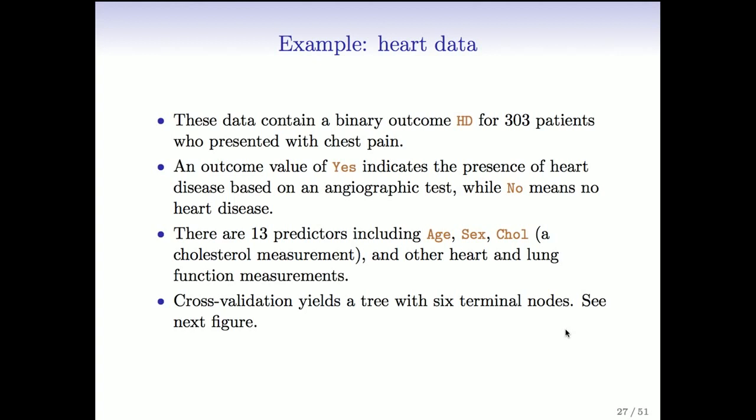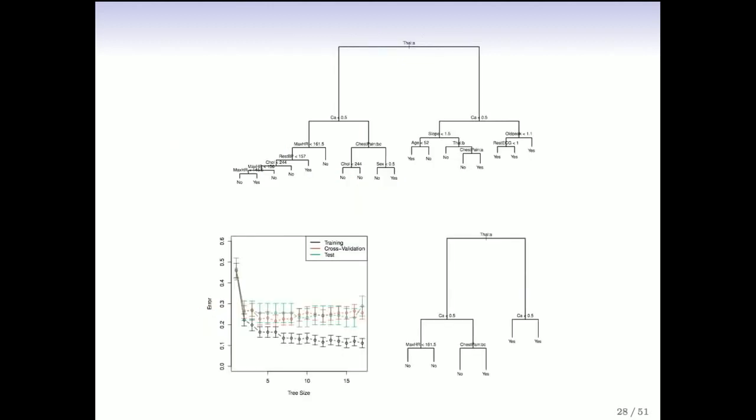So let's look at an example. We'll look at the heart data. These data have a binary response called HD. There's 303 patients, and they all presented with chest pain. So the outcome has a value yes, which indicates the presence of heart disease based on an angiographic test, while no means no heart disease. For these data, there are 13 predictors, amongst them age, sex, cholesterol, and other heart and lung function measurements. And so we ran the tree growing process with cross-validation,